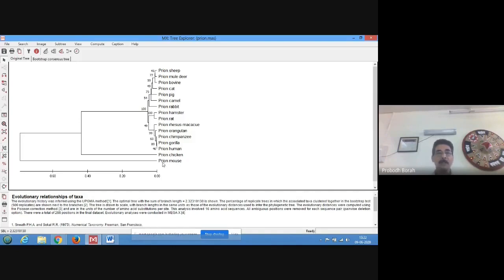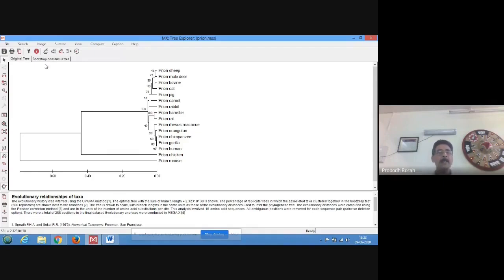So mouse is showing as a root cluster for the other 2 clusters. So mouse prion was probably the ancestor for prion of different mammalian species and also of chicken. Okay, so mouse prion came to Earth prior to the other prion sequences of different mammalian species as well as chicken, and mouse prion is the ancestor for all others. It shows like that based on this particular analysis.